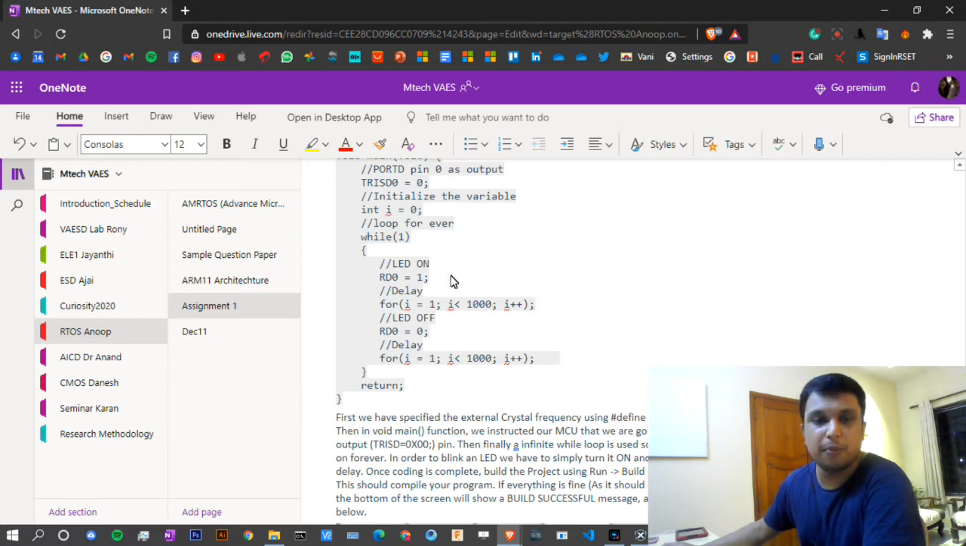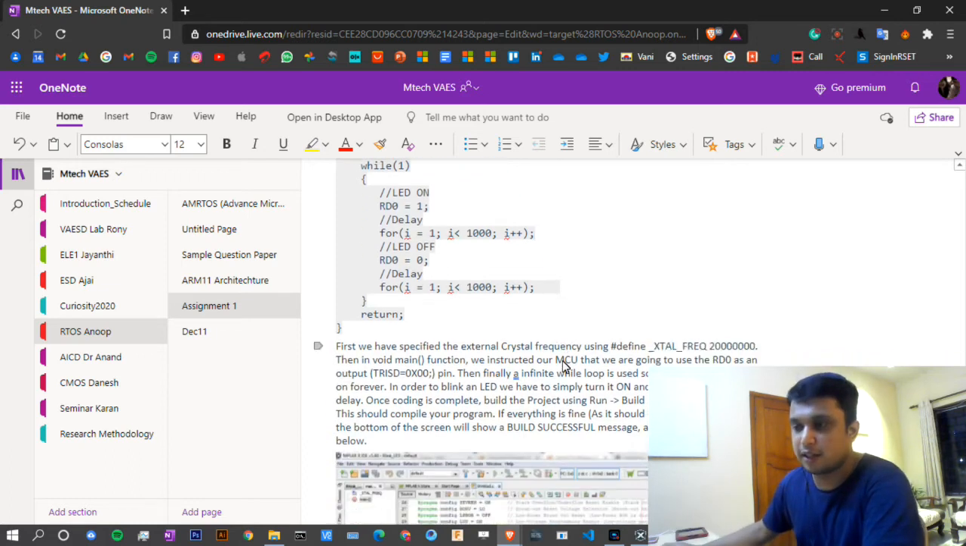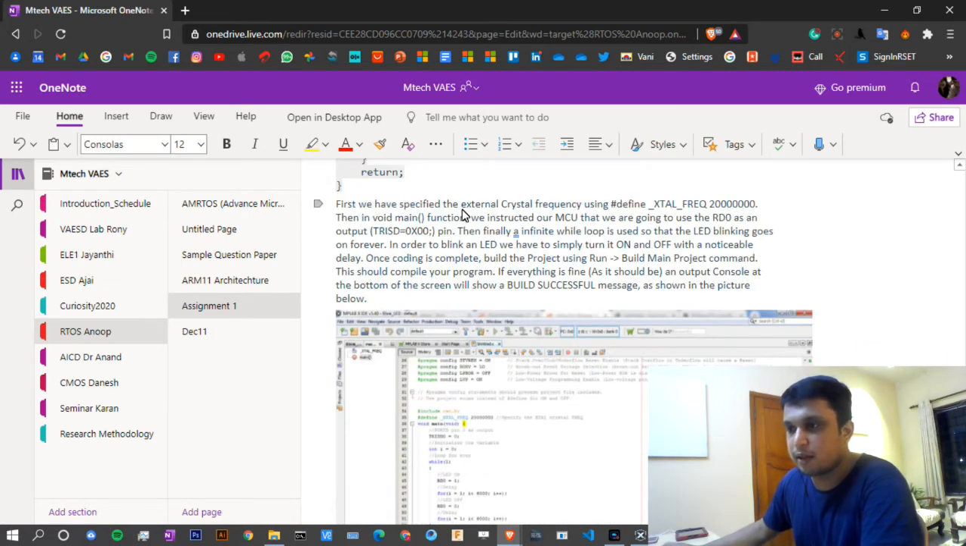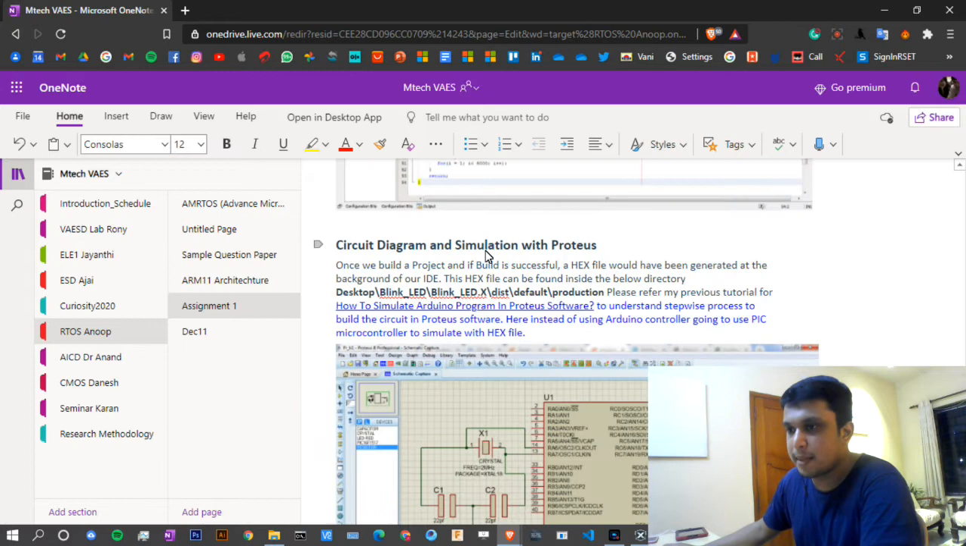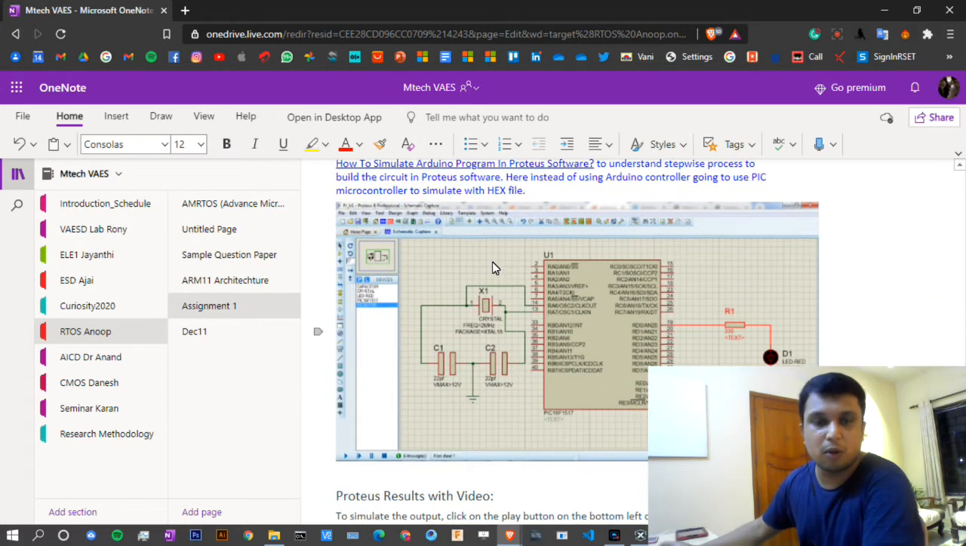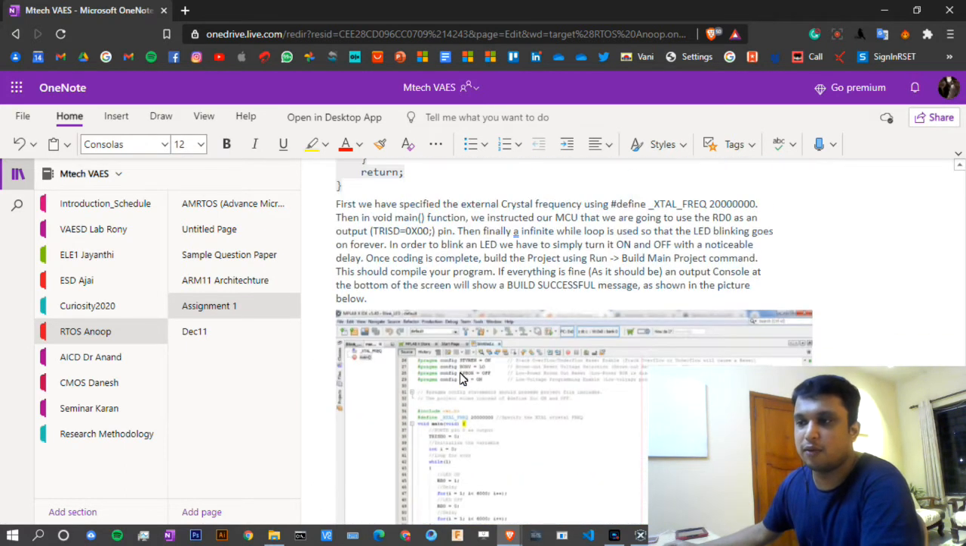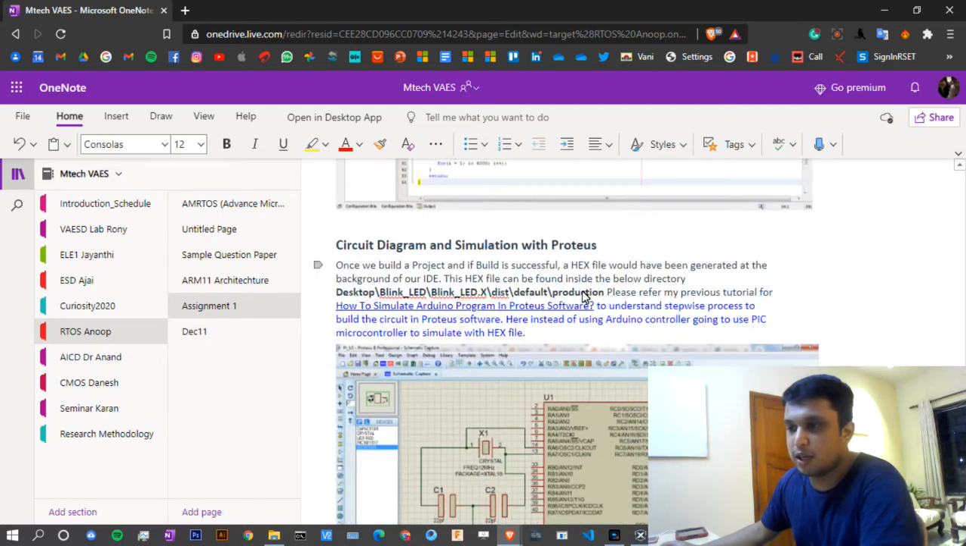So once you've done this, we convert it into Xcode, and once we have successfully built our project and got an export, we copy this Xcode file, the Xcode in the directory of the project where you have saved. And now to simulate it,